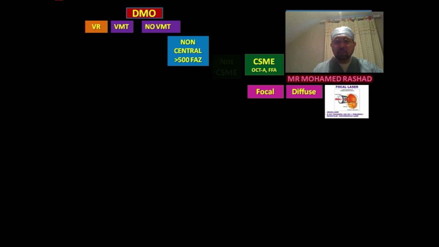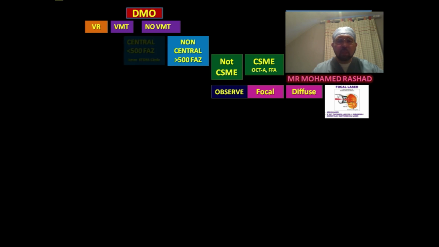If there is no vitreomacular traction, you have to ask yourself, where is the edema? Is it central or non-central? If it is non-central and clinically significant macular edema, you have to do focal or diffuse laser. If it is not clinically significant macular edema, you can observe and do virtual surveillance. If the edema is central, within the 1 millimeter circle of the ETDRS, you have to ask yourself,